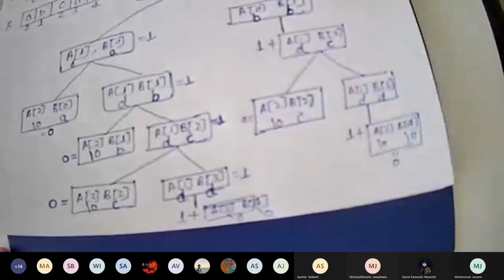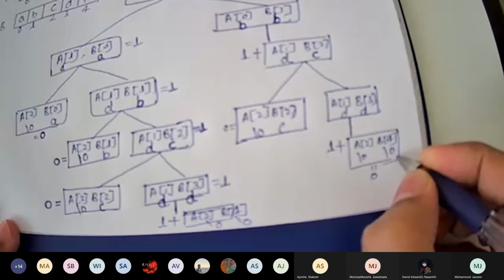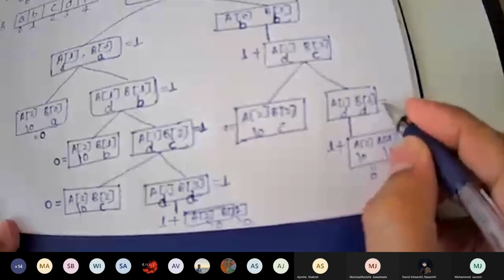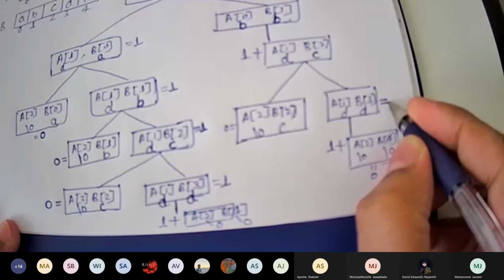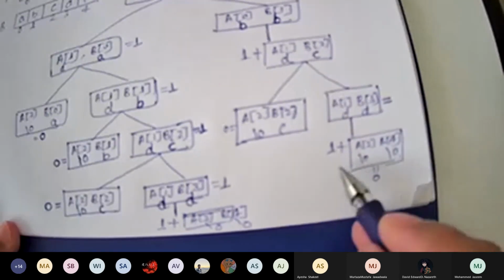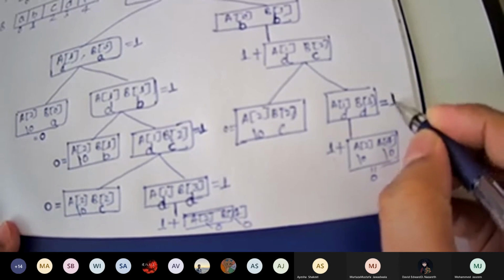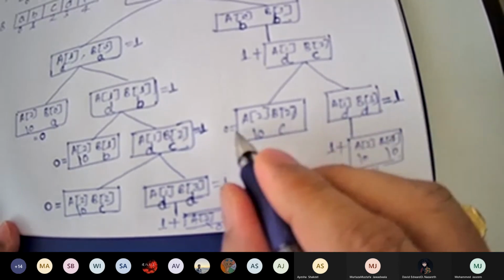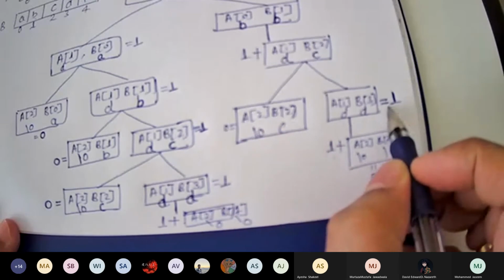So let's come to the right hand side. Now tell me, what is this value? 0. So what will be this value? One plus 0, 1. And this value is 0, so 0 plus 1.